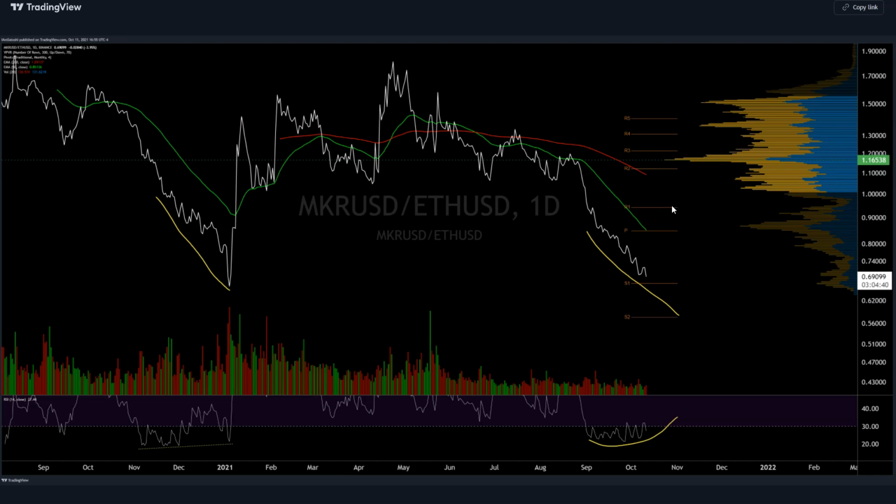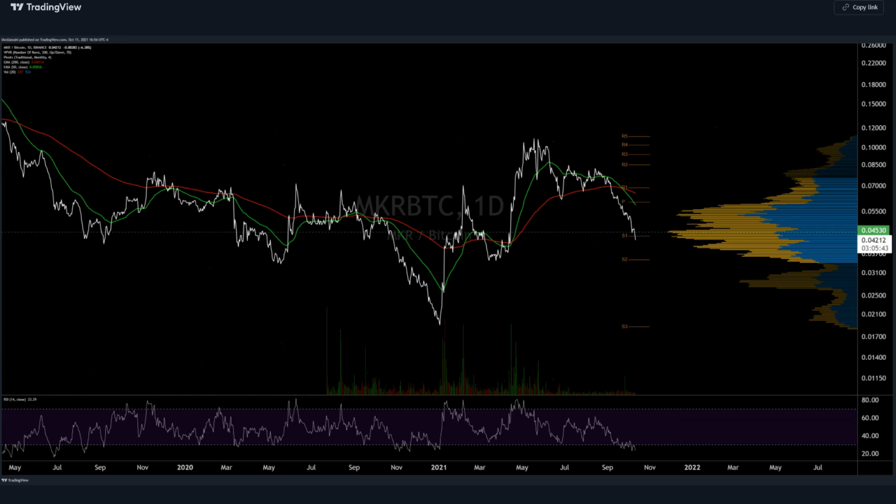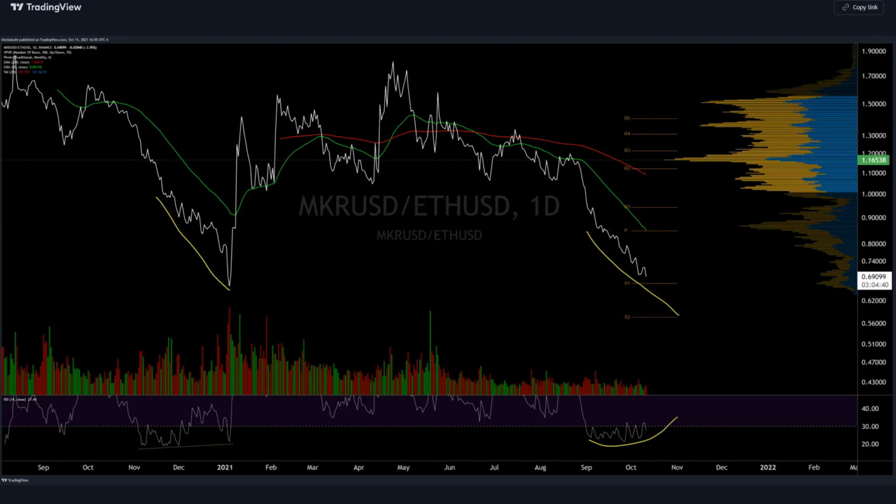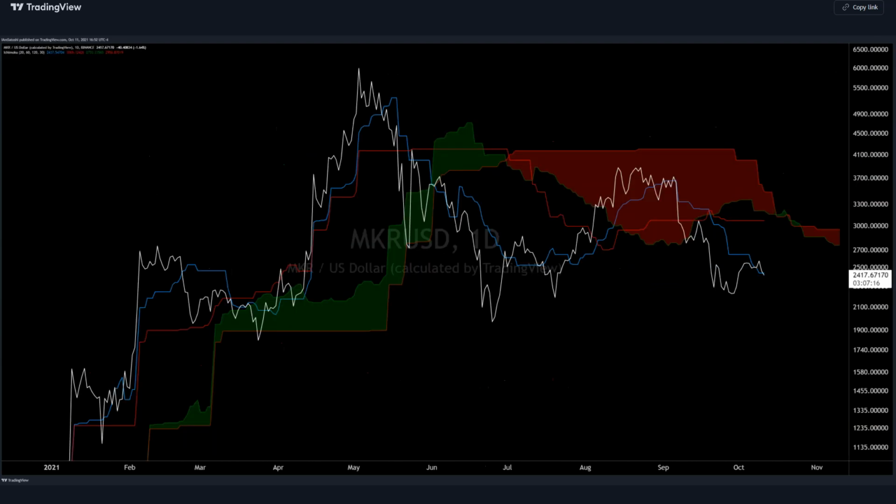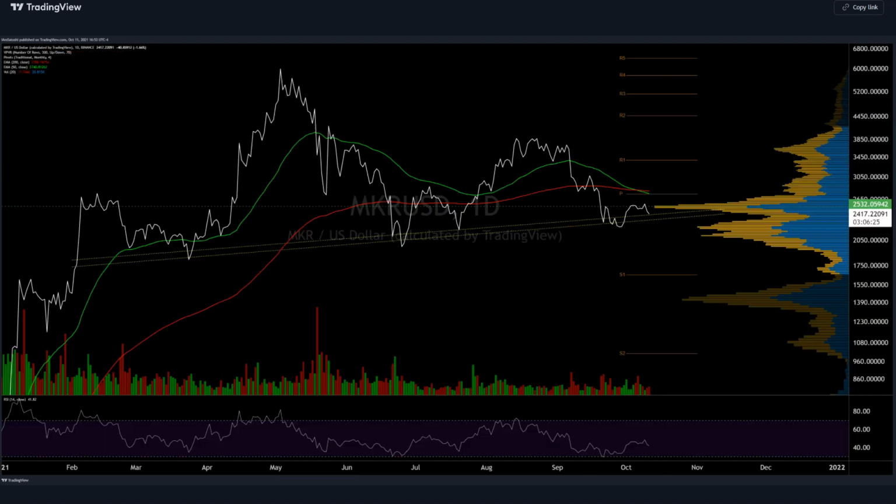But I think it's definitely worth adding this to lists and looking at it at least once a week to see what the divs look like, to see if anybody's capitulated, how far down this thing has moved. But these are both very bearish relative to everything else. And this USD pair looks on the ropes as well.